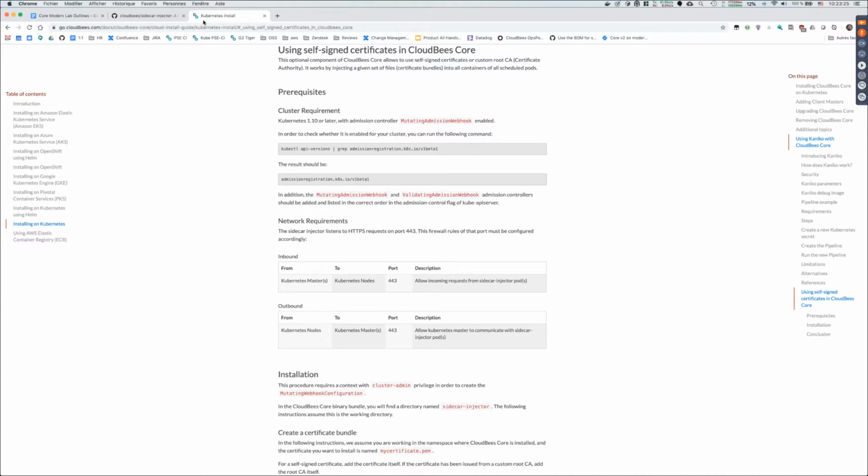This bundle is mounted in the default path where most tools, like Git or curl, will look into a standard directory in their Linux distribution to look up the certificates.